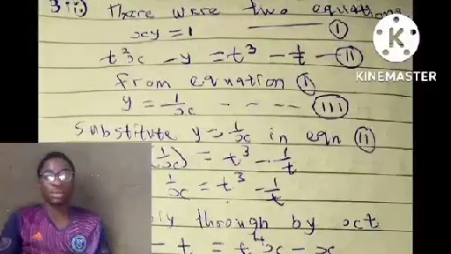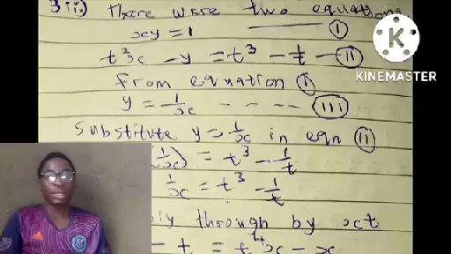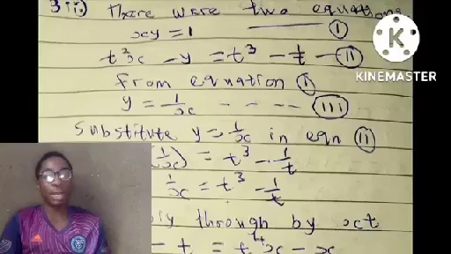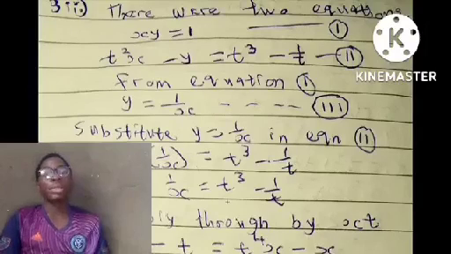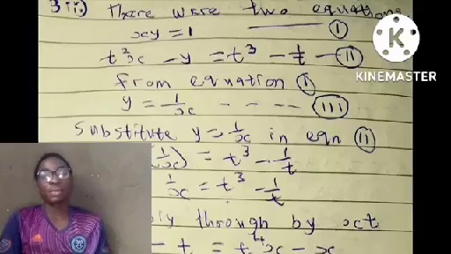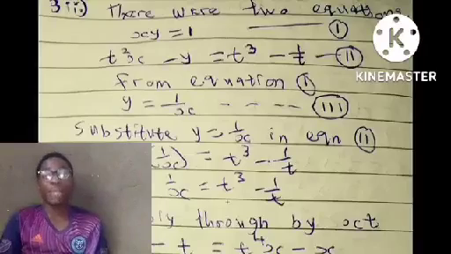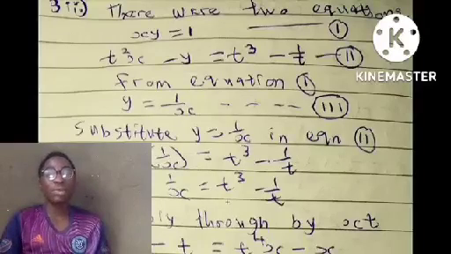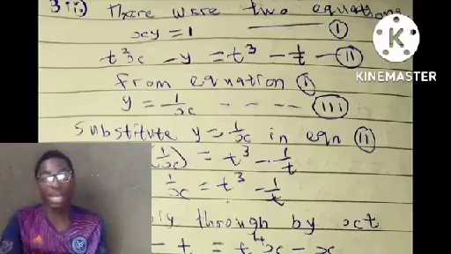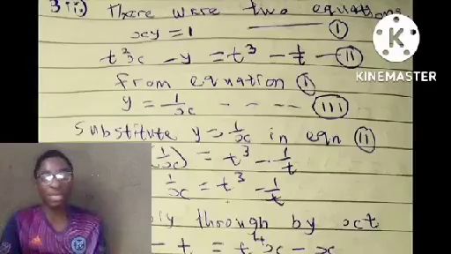This one is the question. They said there were two equations, xy equals 1 and t squared x minus y equals t cubed minus 1 over t. Now we have that these are simultaneous equations. Anywhere you see xy, it means it's going to give you a quadratic equation that you will solve with the quadratic formula. So anytime you see xy equals 1, xy equals this, xy equals that, it will give you